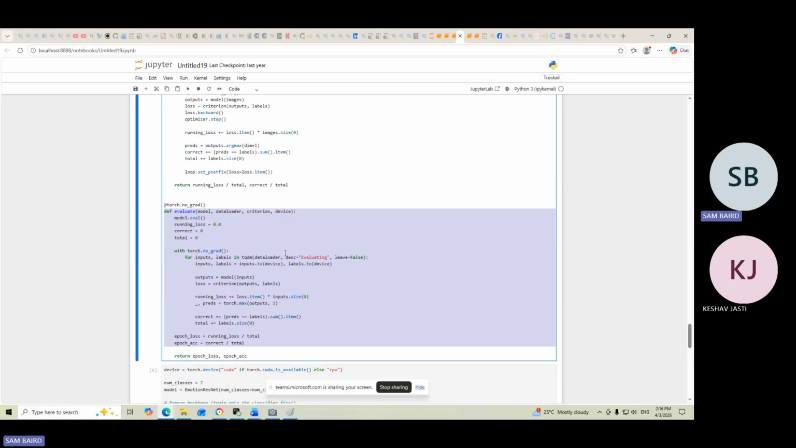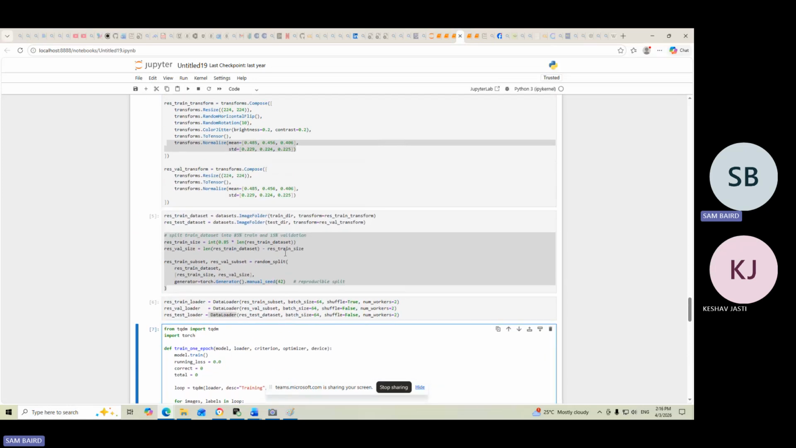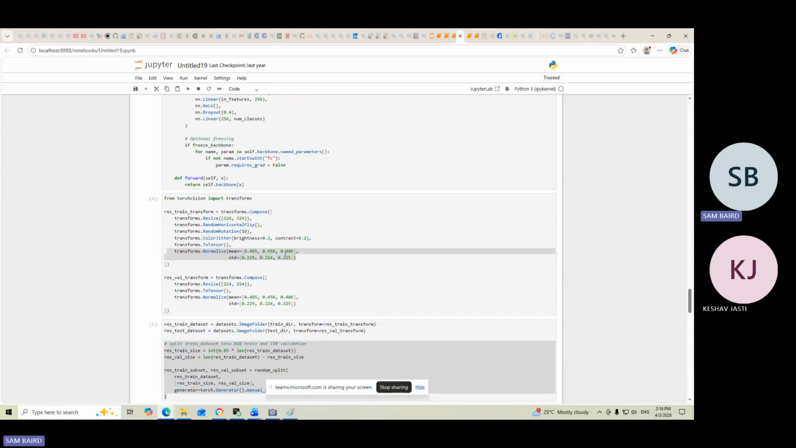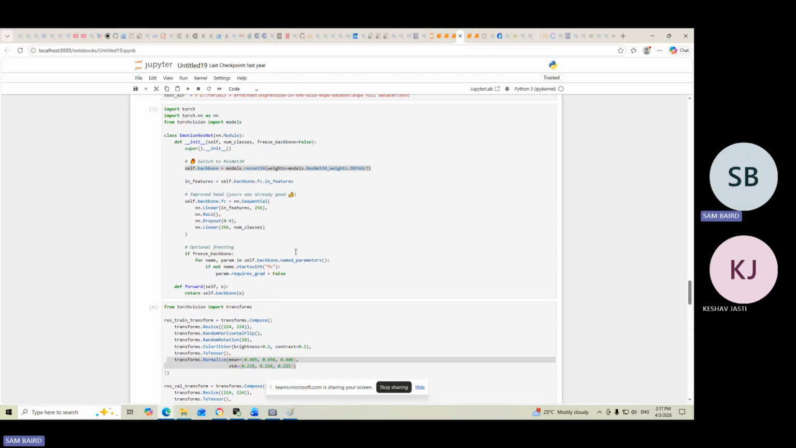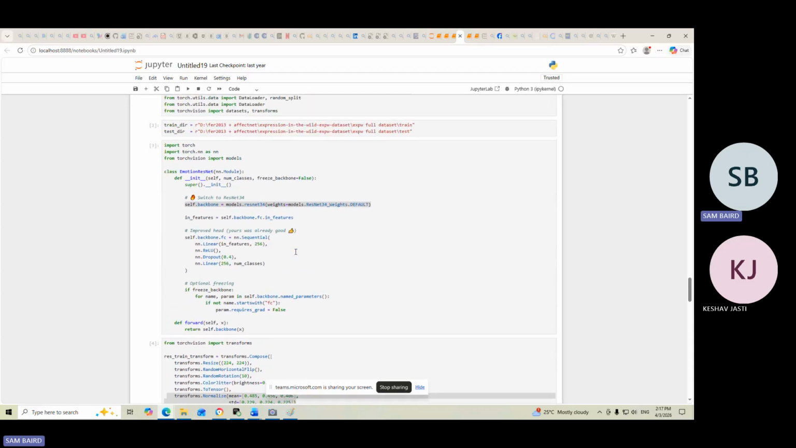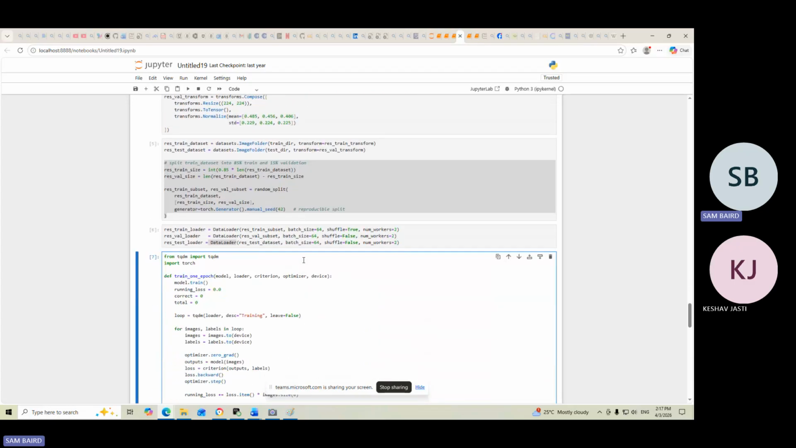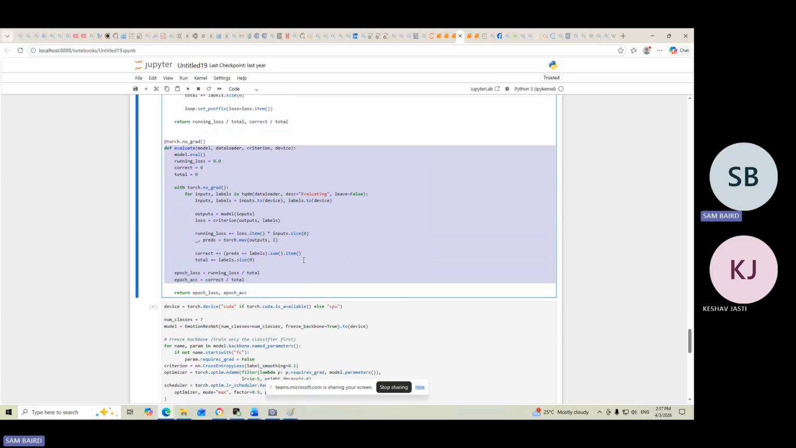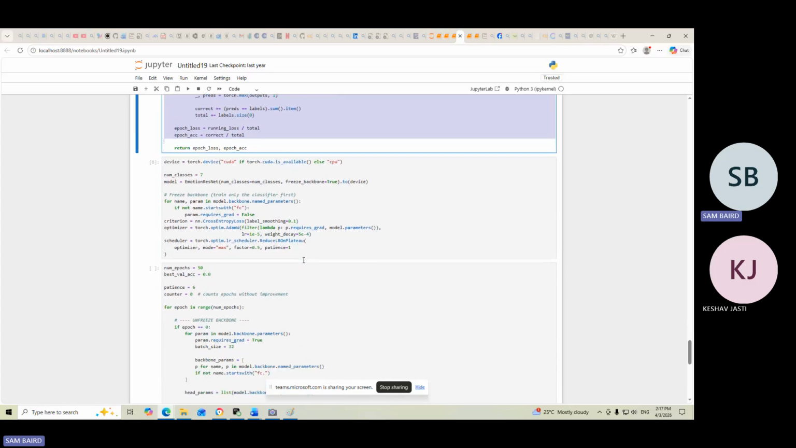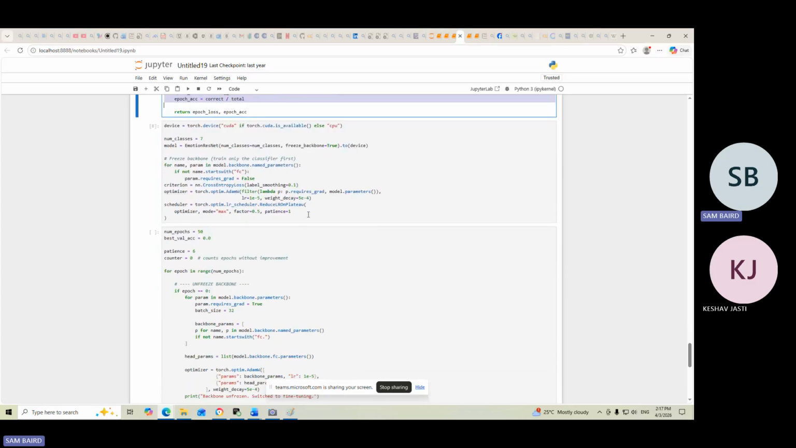Now, there's a number of other things that I used in here. I also used a thing called label smoothing. Now, what label smoothing does, generally,